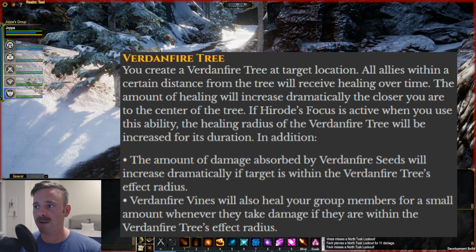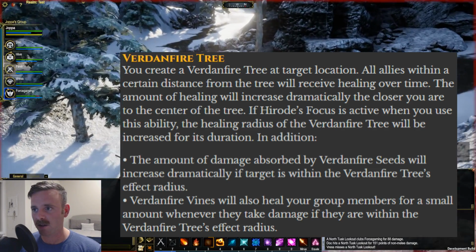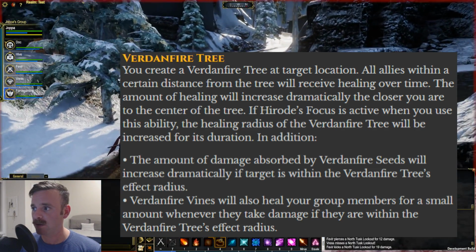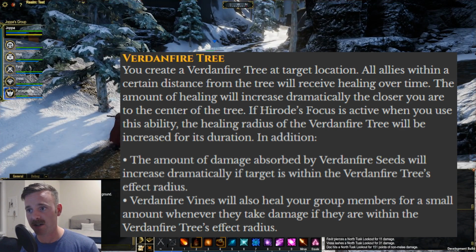All allies within a certain distance from the tree will receive healing over time. Sorry, the verbiage sometimes just gets me. The amount of healing will increase dramatically the closer you are to the center of the tree. If Herode's Focus is active, when you use this ability, the healing radius of the Verdant Fire Tree will be